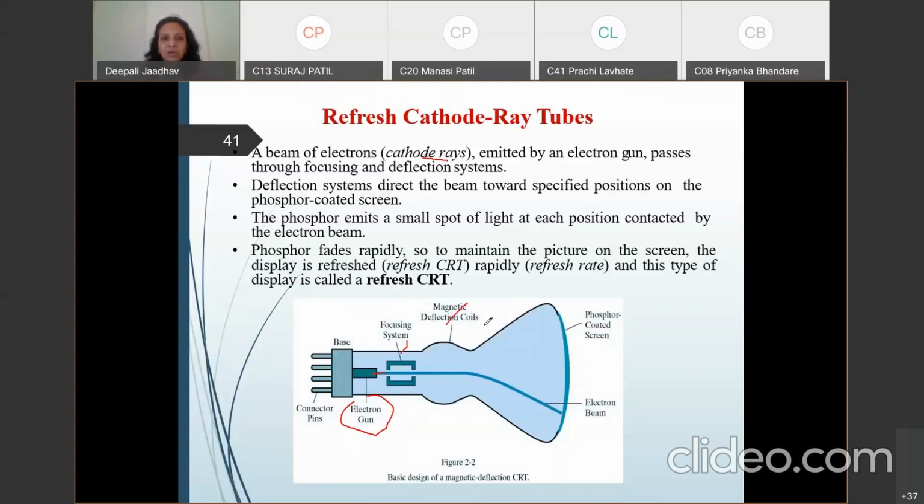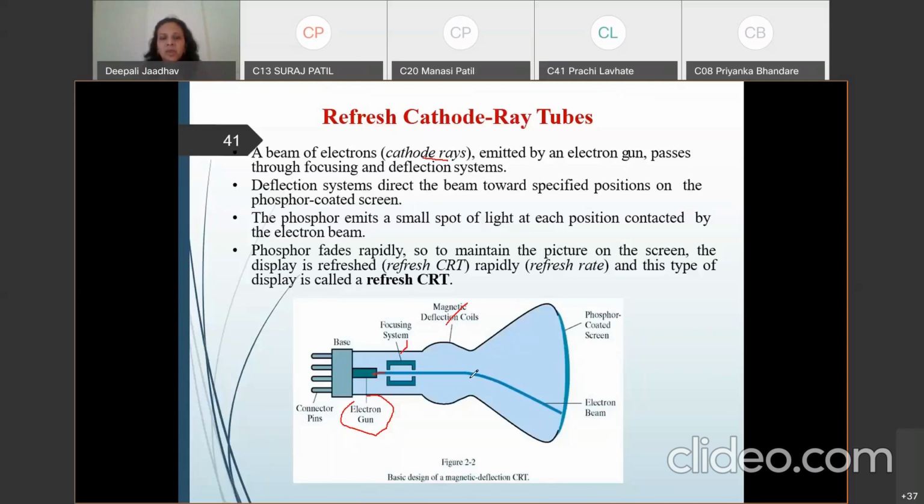The deflection coils direct the electron beam to identify the position on the phosphor, producing a spot of light. Where this beam goes, at that position or spot we can see a light.